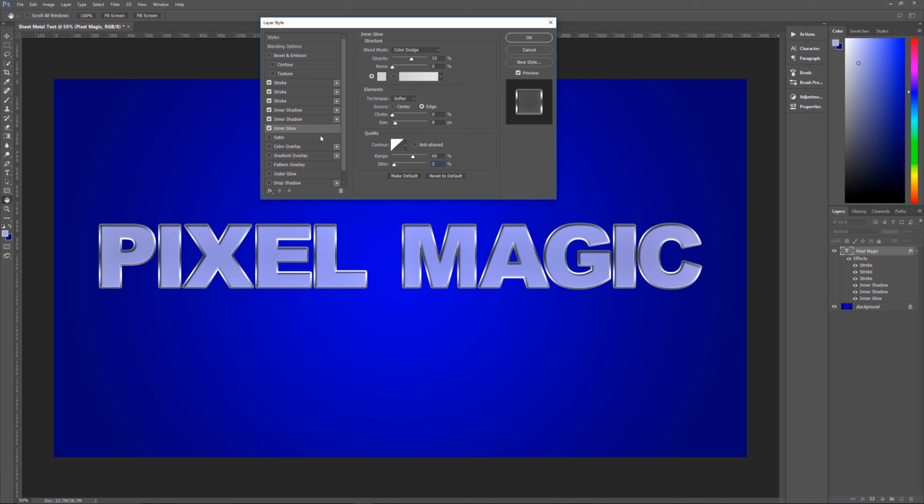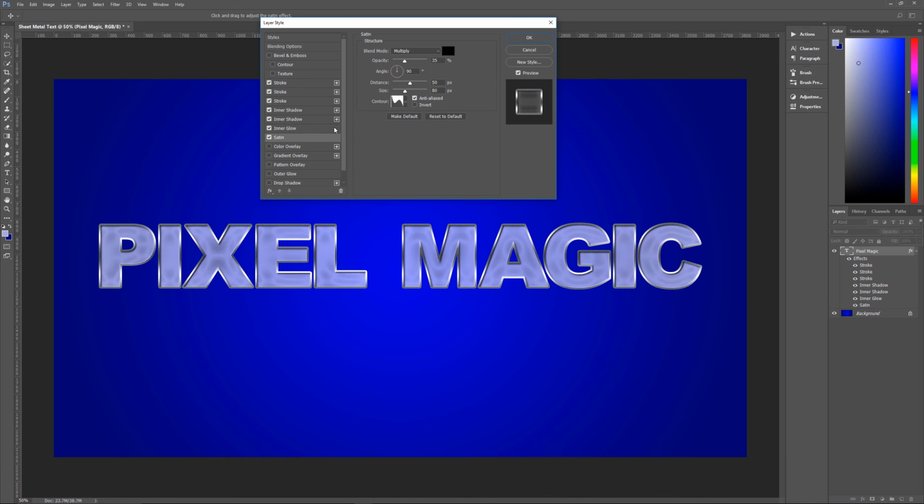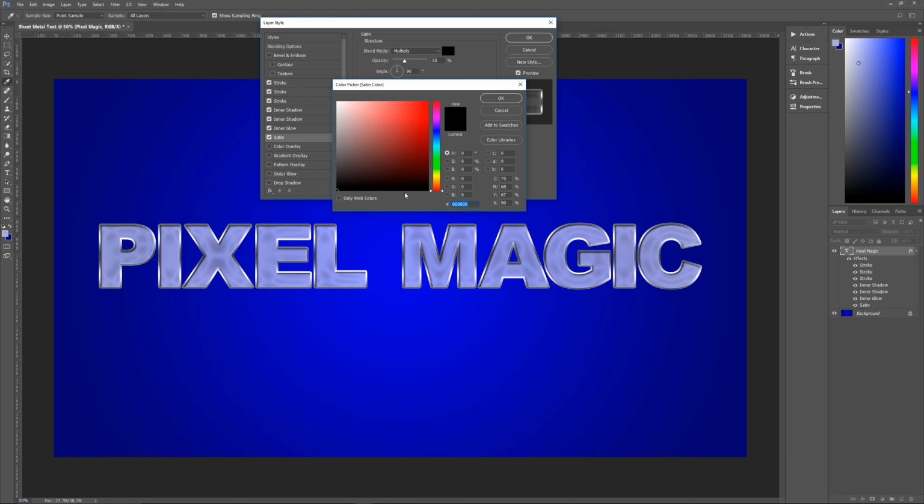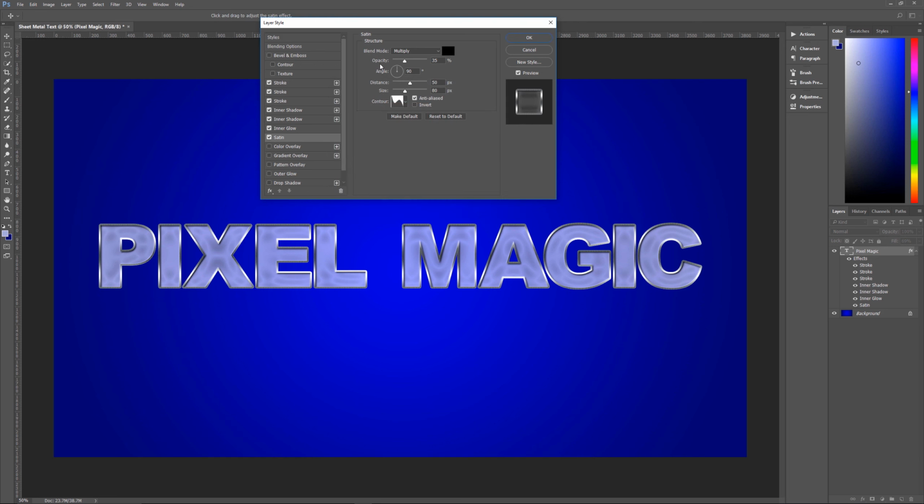The next thing that we need is satin. So satin will give us the satin effect, but it's what gives the sheet metal its shine that we're looking for. So the blend mode is going to be multiply. The color that we're using is black, which is all zeros. Opacity is going to be 35%. Angle is 90 degrees. Distance is 50. Size is 80. And contour is going to be this guy right over here, which is called the rolling slope